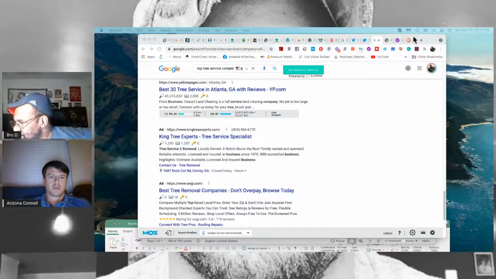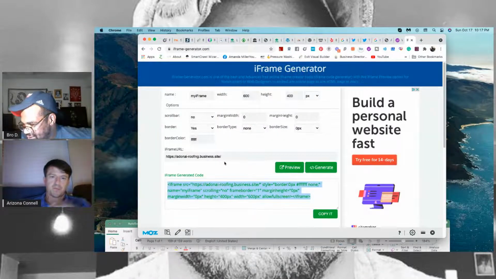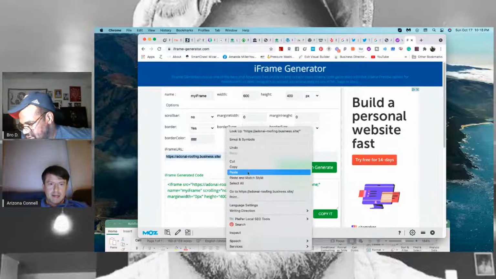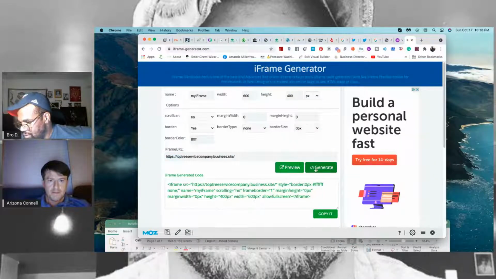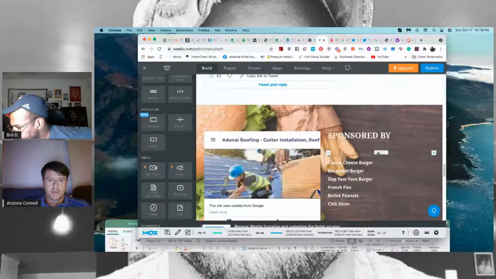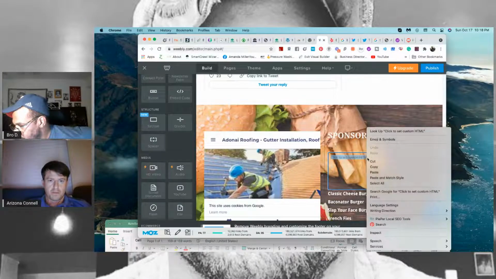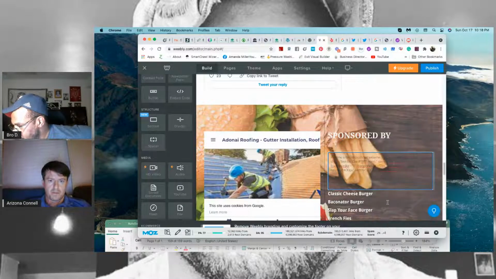Top Tree Service Company business site. There we go. Paste it. Generate. Copy. Paste.